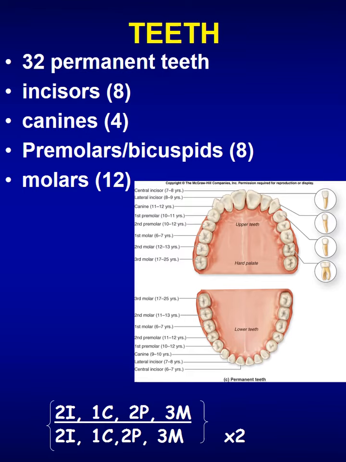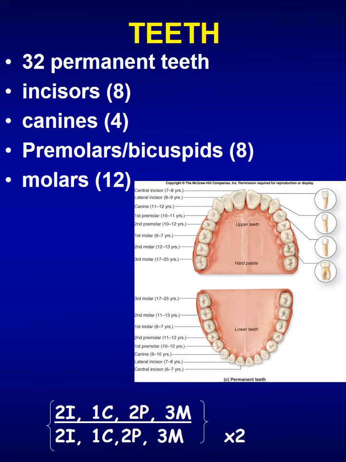So if the mouth is divided into 4 quadrants, each quadrant would have 2 incisors, 1 canine, 2 premolars, and 3 molars. And so the American dental system, how they number your teeth, is that tooth number 1 is the most posterior tooth on the right side of the maxilla. Numbering continues anteriorly and around the most posterior tooth on the left side of the maxilla, which is then number